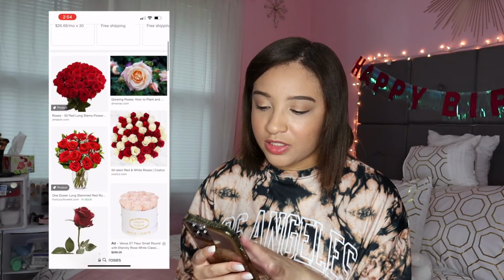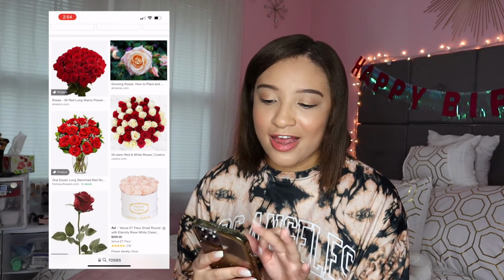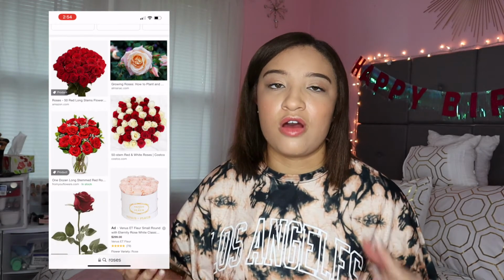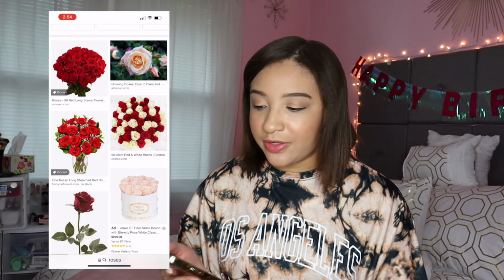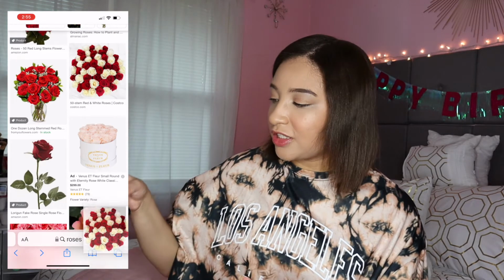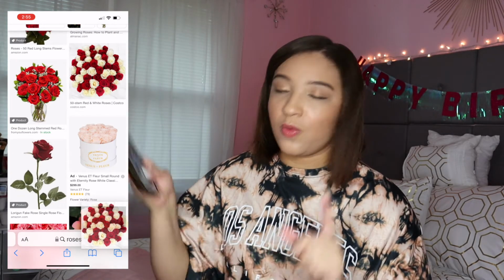Okay, so another cool feature is the way to save pictures that you might find off of Google. Since we're already in Safari, let's just get right into it. I'm going to search up roses. We are going to save some pictures. Ooh, this is actually really cute. So let's say I want to save a couple of these pictures onto my gallery. An easier way to do it is you want to lightly press it and then just slide it down. And then while your hand is